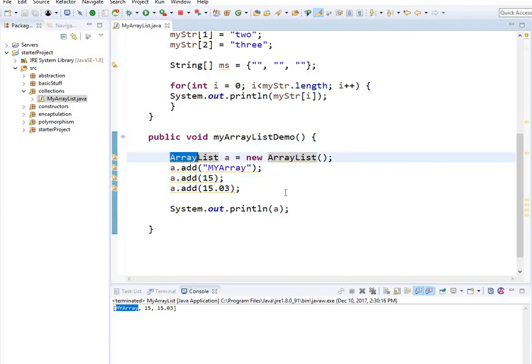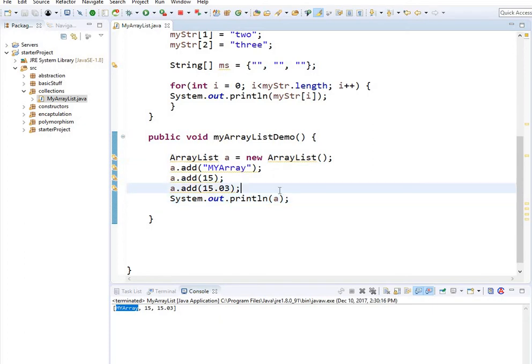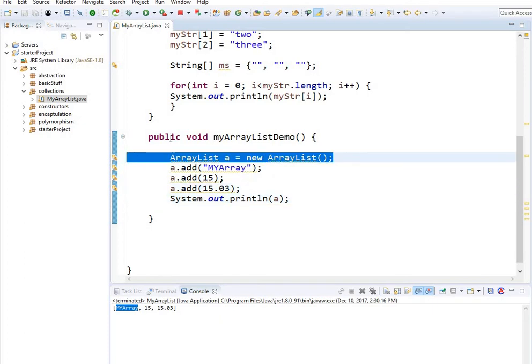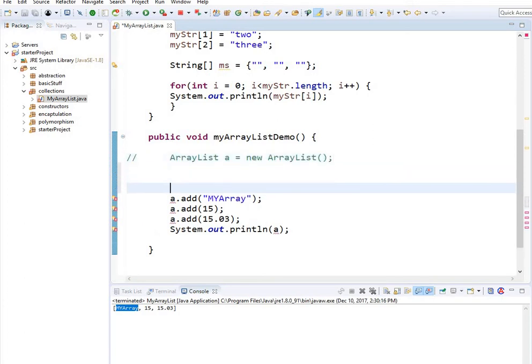I want to show some different features of what an array could do, because there are so many issues here. First thing is, this is not the standard way we would implement the array, because